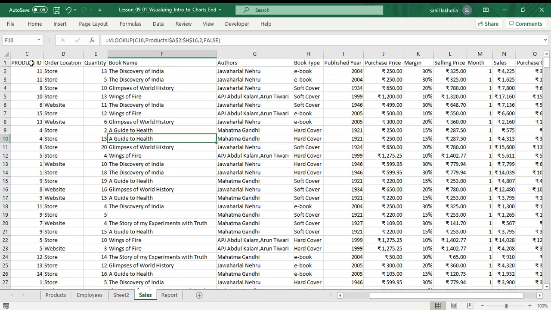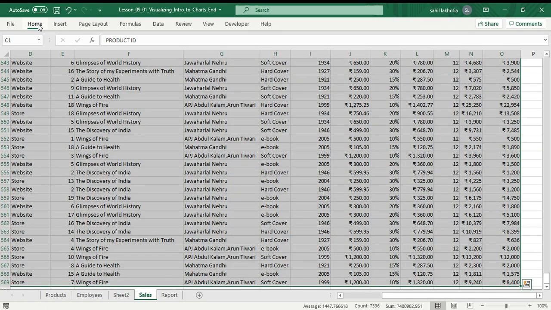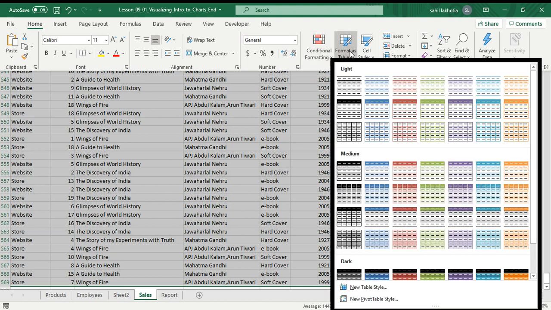In Excel, it should be treated as a table only when all the data is selected, and for fields there should be filters. So in order to make it a table, since it is not a table, you want to do it. So select all the data, go to the home ribbon and format as table.